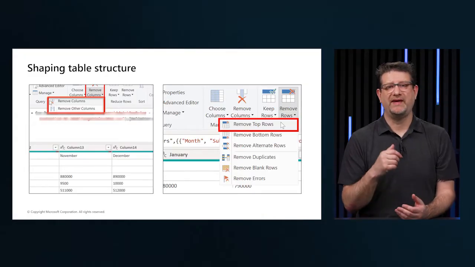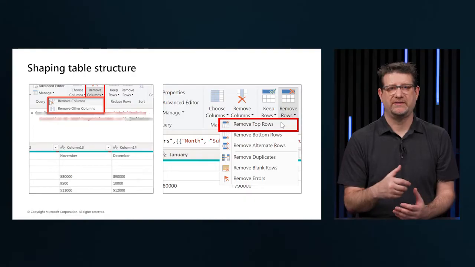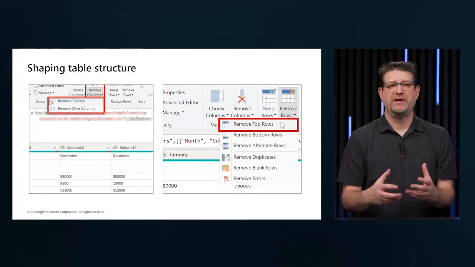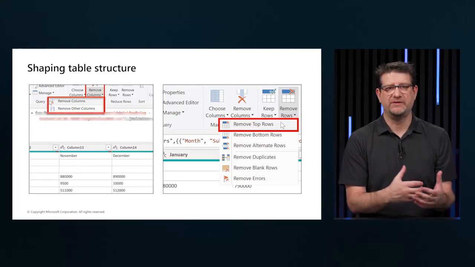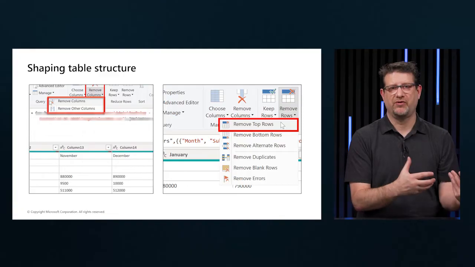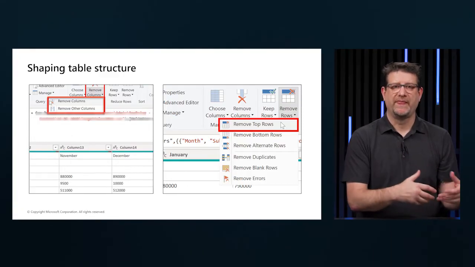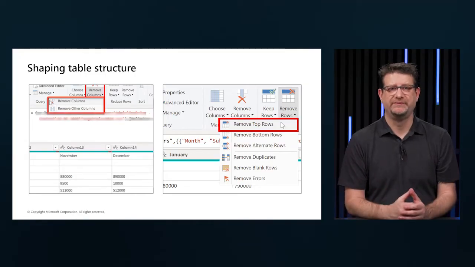Removing columns is a key step to our data shaping process. We want to remove any unnecessary columns. It is much better to remove columns as early as possible in the process, and removing the columns in the early stage rather than later will provide us an early performant report, and we can always go back in and change our applied steps to add columns back in if we need them.